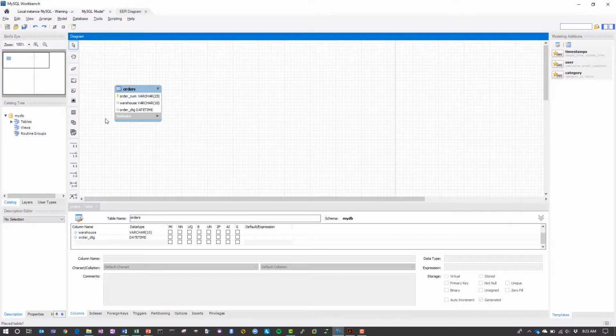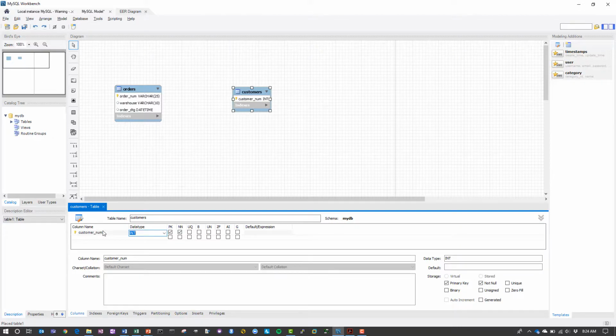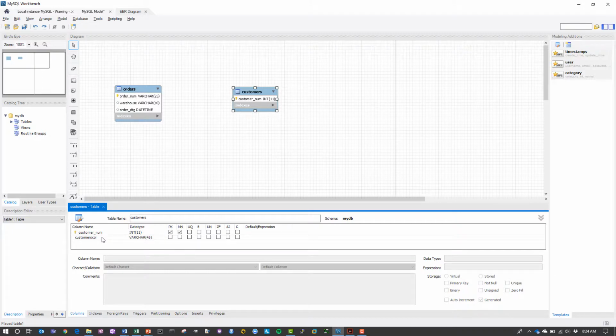The next step is to add the customer table. So let's add our customer table right here. As before, I just double click on it to open the table edit. And we add the key column, customer num, and customer number is int size 11, so an 11-byte integer. Given name,